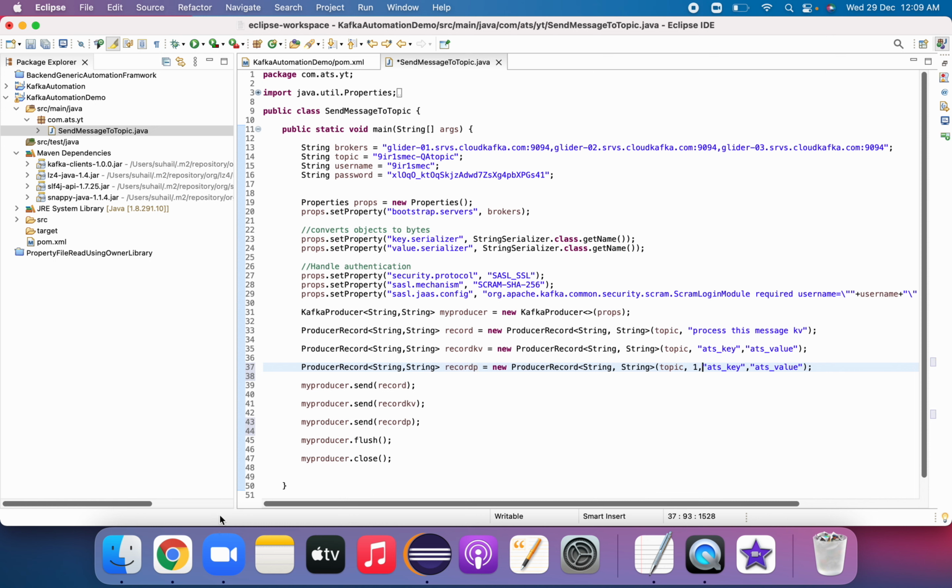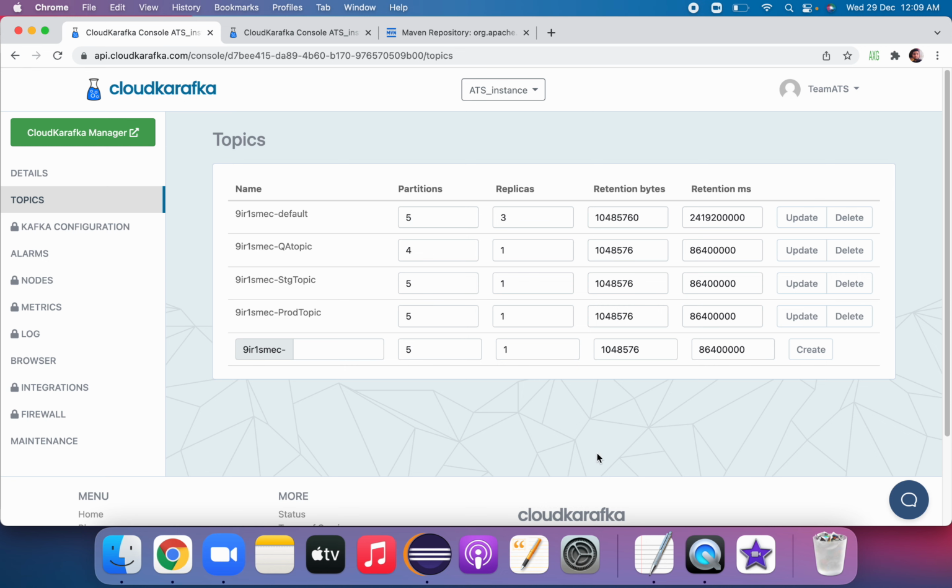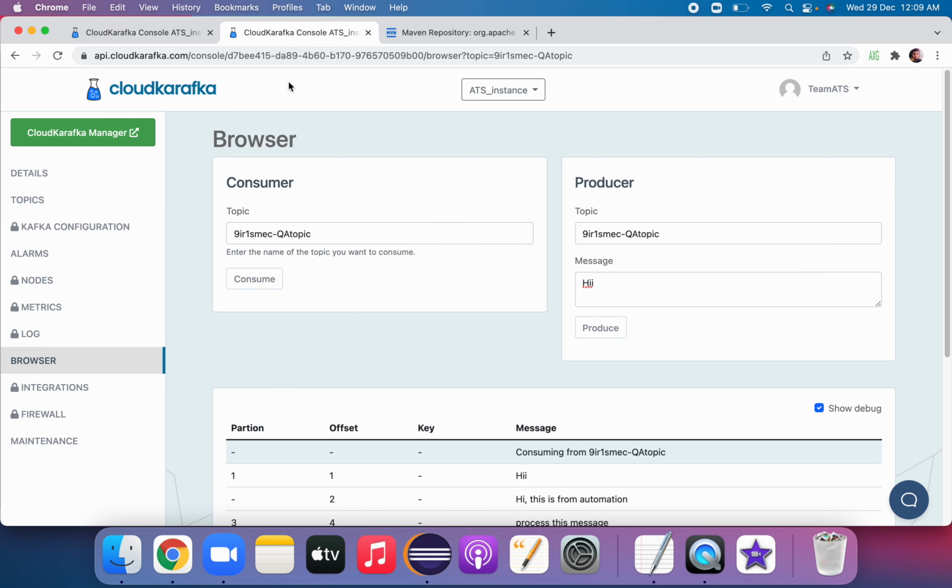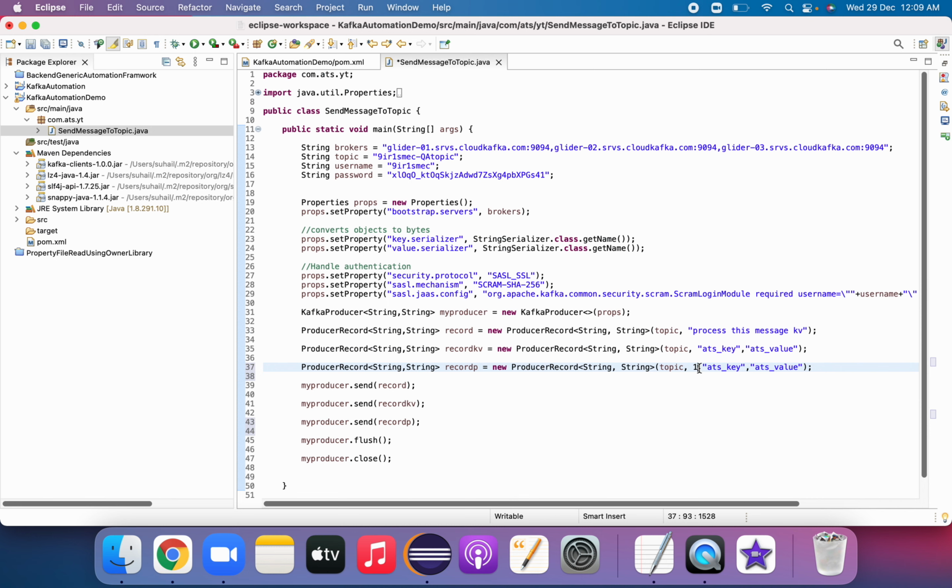Let us see how many partitions this topic has. This is the QA topic, and it has 4 partitions. Let me send it to the second partition, so let us take partition 2 here.